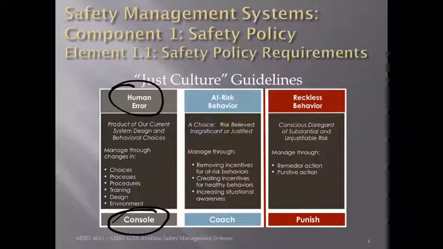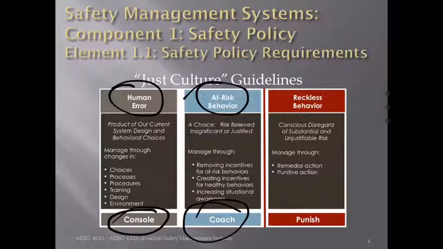If an employee, conversely to that, displays at-risk behavior, taking risks that are unnecessary, before chastising the employee, look at why they made the choice they did. Did the employee elect to take a flight into compromising weather? Well, that's unacceptable, but why did they do it? Did management inadvertently encourage that by not wanting delayed or canceled flights? In that case, coaching could be the appropriate response. So look at the list for managing change of at-risk behavior for coaching employees.